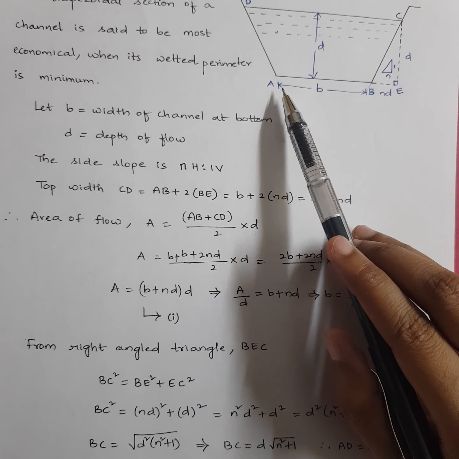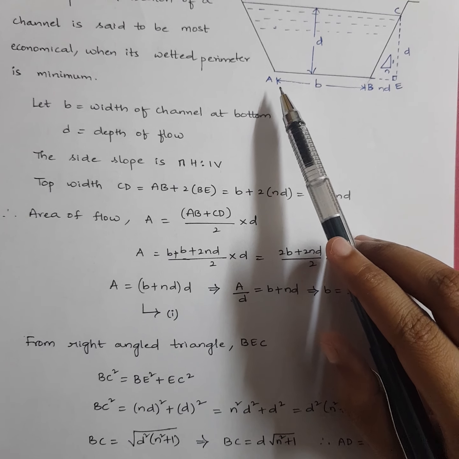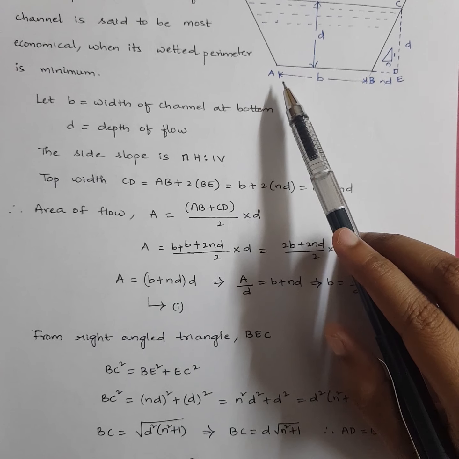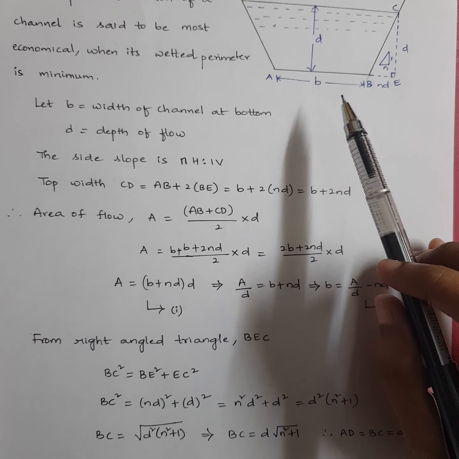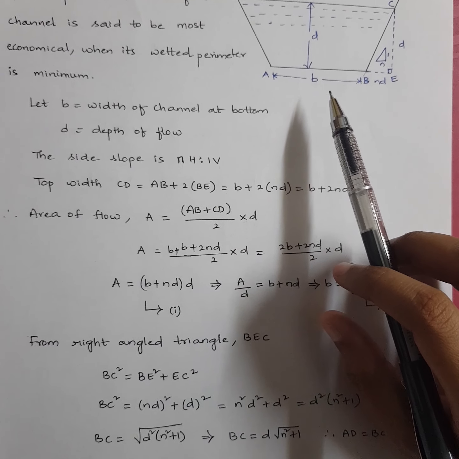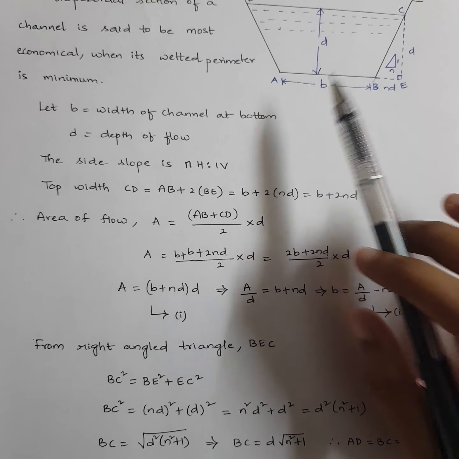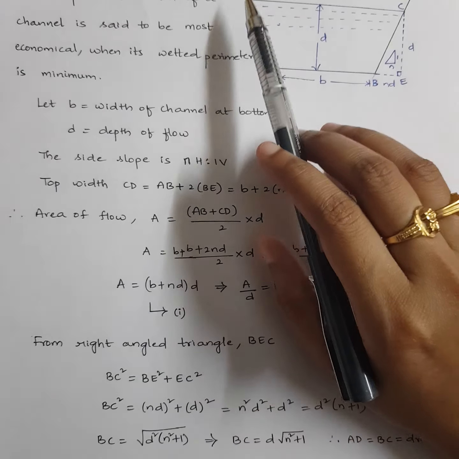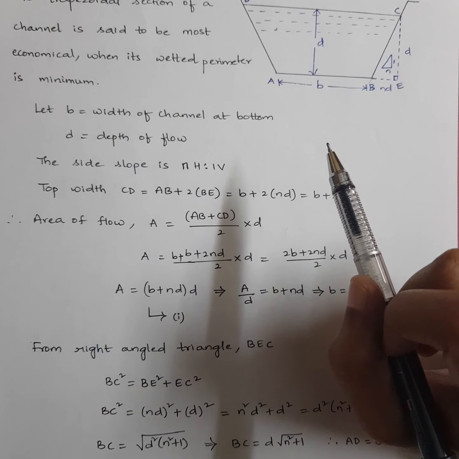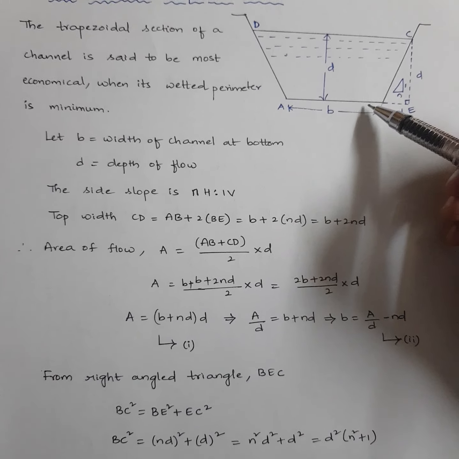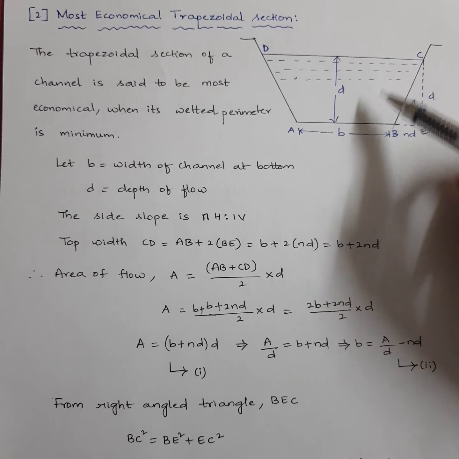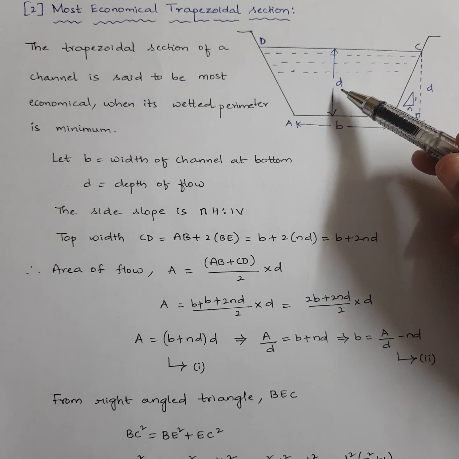as we have, what is our first thing we will calculate? If you remember our rectangular channel, what did I do first? I calculated area, B into D I had put, correct? So first I require area, then I calculated wetted perimeter. Similarly, now we have to calculate the area of this trapezoidal section. To calculate the area of this trapezoidal section, I require the value of CD. Why? Because the area of a trapezoid formula is (AB plus CD) by 2 into D.